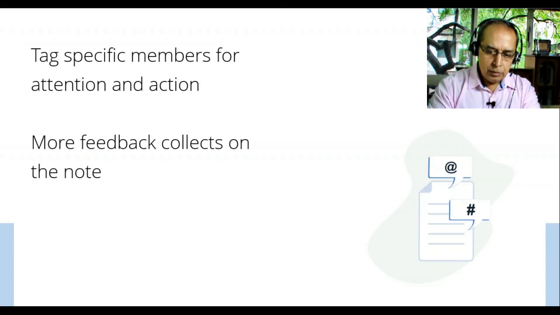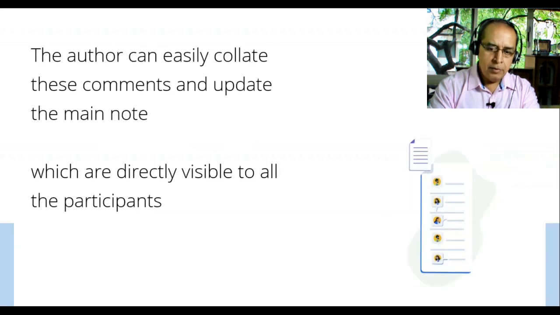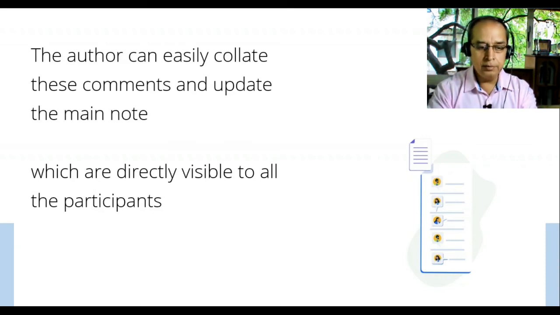So all the back and forth has happened at a single point, and this is how it looks at the end of it. Now all the original author needs to do is look at all the comments, which I just scroll one below the other, and update the final scope document and respond to the vendor. And the beauty is that the vendor themselves can be included into the note, so that they are also party to the whole conversation. That improves productivity even more. There is no need to send a mail to anybody at all.